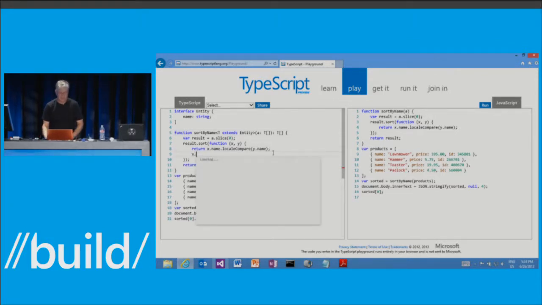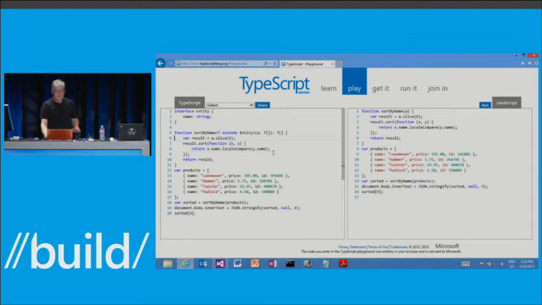And indeed, if I say x dot, you'll see that it now has a name property. So now we sort of get the best of all worlds. And the thing that's interesting about this, again, if you look at the output, nothing changed in the output. It's not like there's, oh, generics, that must be expensive, or whatever. No,